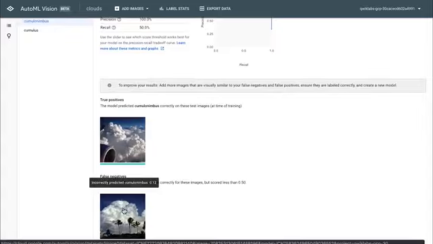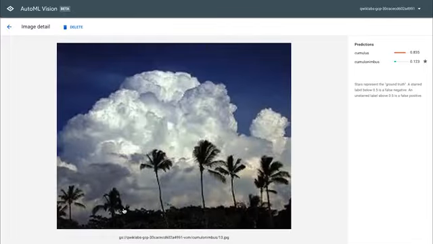So these are examples of actual cumulonimbus clouds that were classified as something else. If you click on them, you can see why. The correct value is cumulonimbus, and its confidence or score value is only 0.123. The model, however, thought it was cumulus and gave it 0.83 for that cloud type.